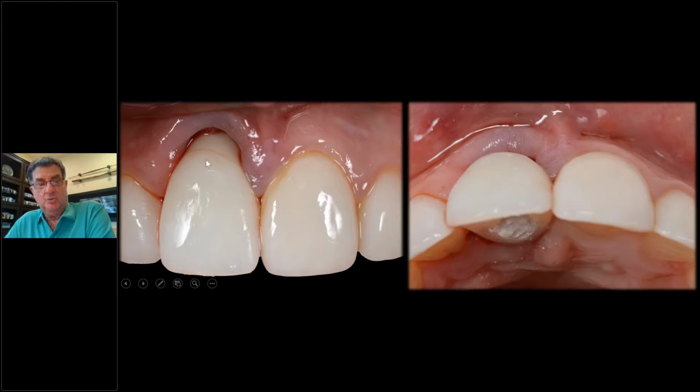That will allow no over contour here. Here we want the tissue to come down. As you know, Weisgold told us that on teeth. Under contour lets tissue come down. Over contour, tissue moves up. So we're going to let it come down.